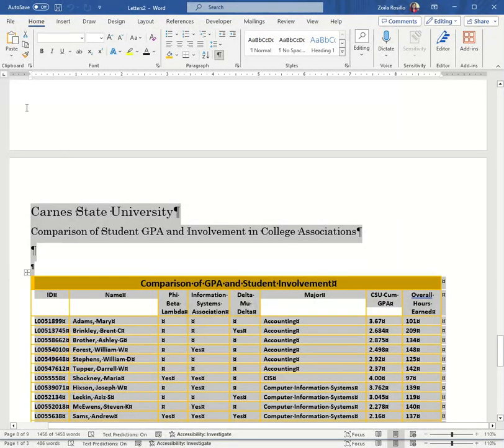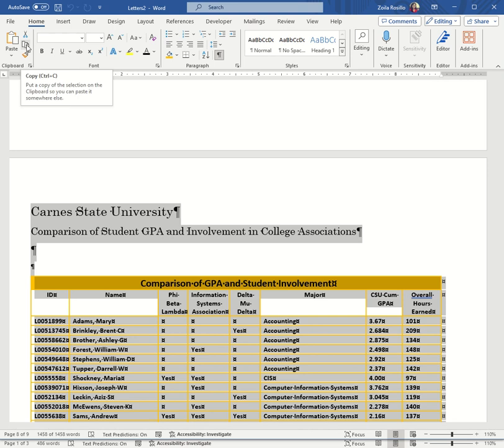Then it tells me to copy that. So I'm just going to go ahead and either use the copy in my clipboard group here in the Home tab, or I can use my keyboard shortcut, which is Control and C for copy, and that puts that copy text onto my clipboard. And then it tells me to, again, step 20, to go back to my original document,